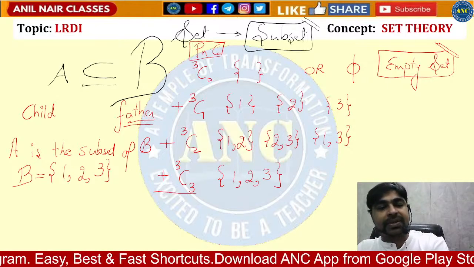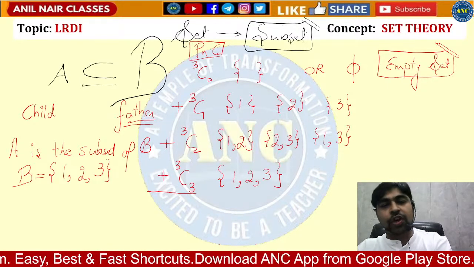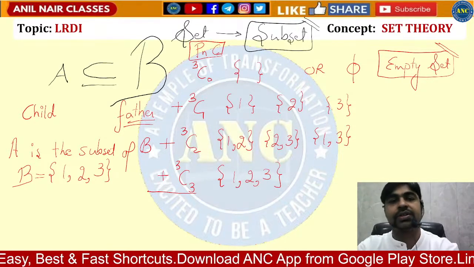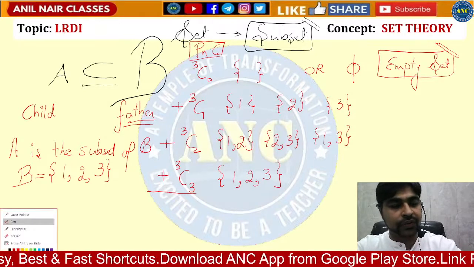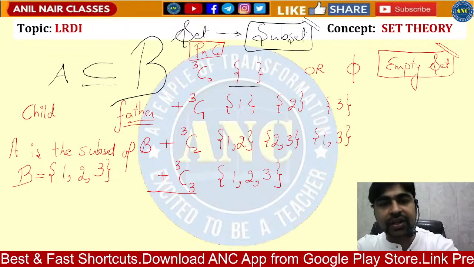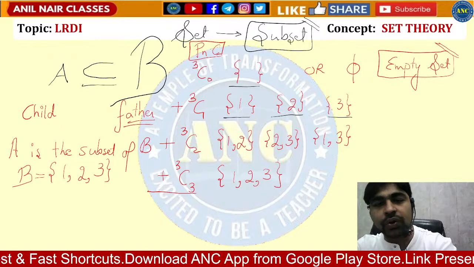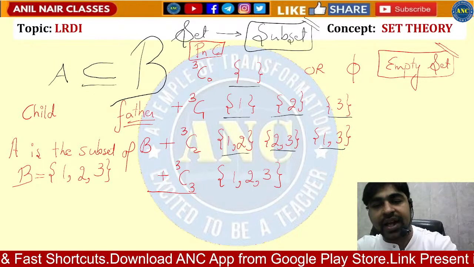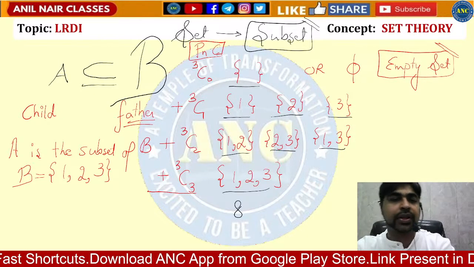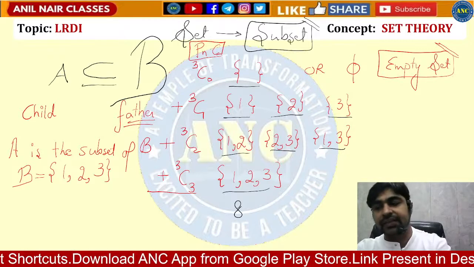So this will be the sum total of the number of cases here. What are the number of cases which are there? 1, 2, 3, 4, 5, 6, 7 and 8. And that is why in PNC we discuss